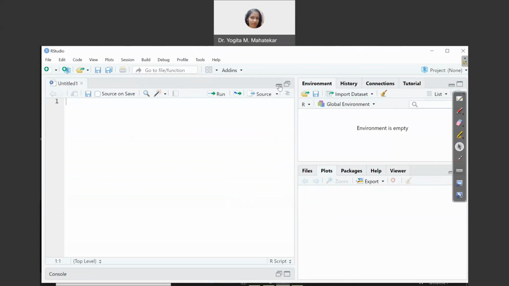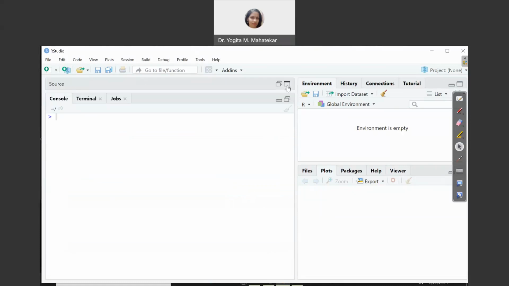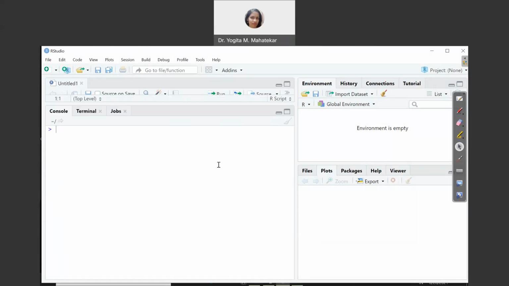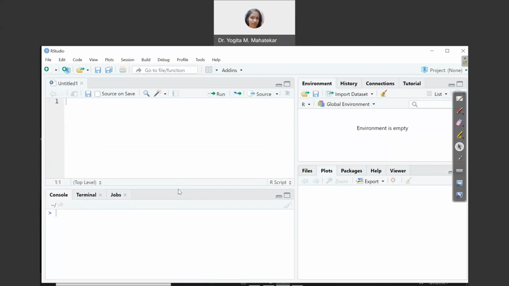Suppose you have to work on both the windows, then you can drag this console here, and start writing in the script file or source file, and also use the console.